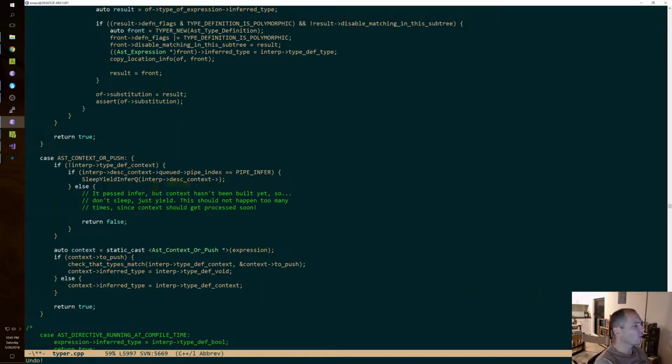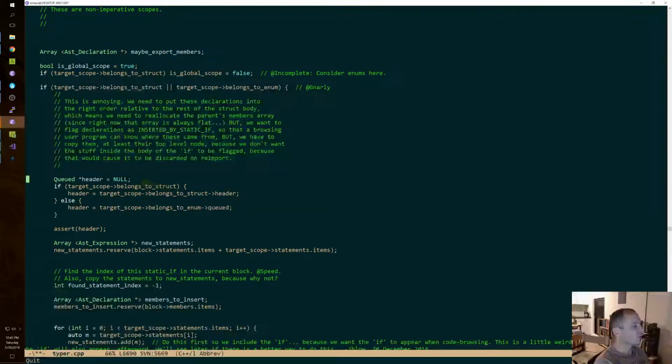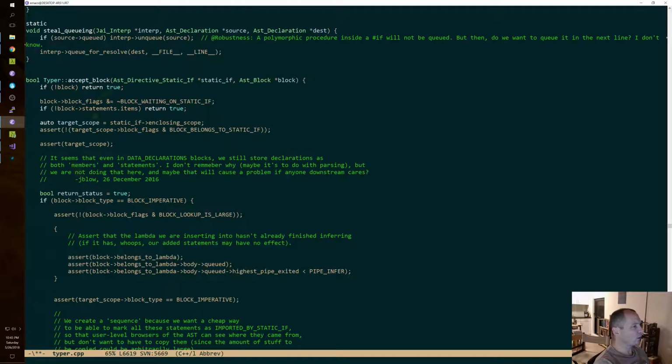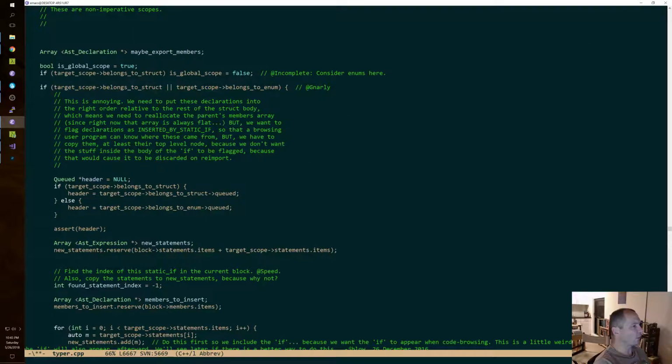So we are in except block for static if. So if we belong to a struct or belong to an enum, we need to preserve order.